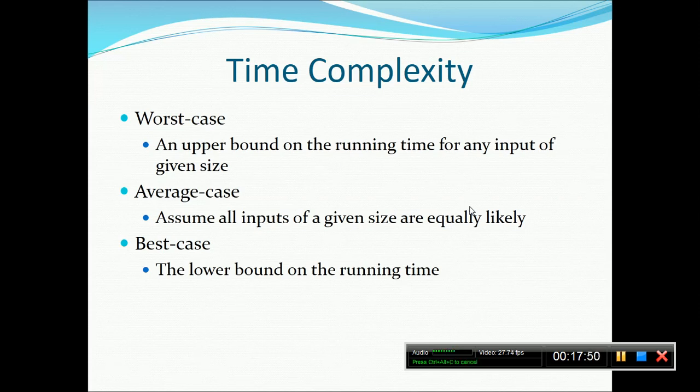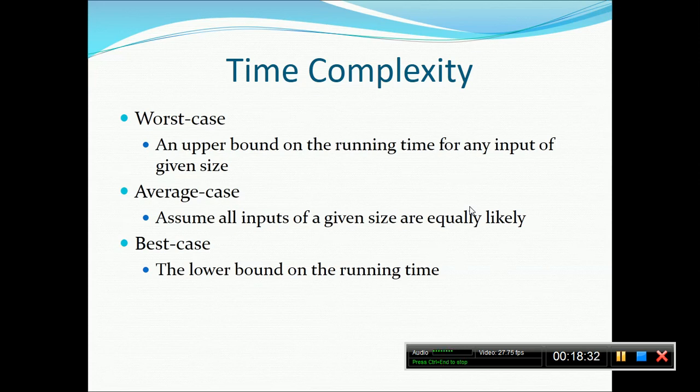For example, what could be the worst case when you are searching for a particular element? You get your element at the last position in the array. You compare the entire array, and you are lucky to get your element at the last position. Or suppose you are not lucky: you have searched the entire array and still not found your element. We call this a worst case. You got this point? The worst case is the upper bound, the maximum possible time this algorithm will take to produce an output.